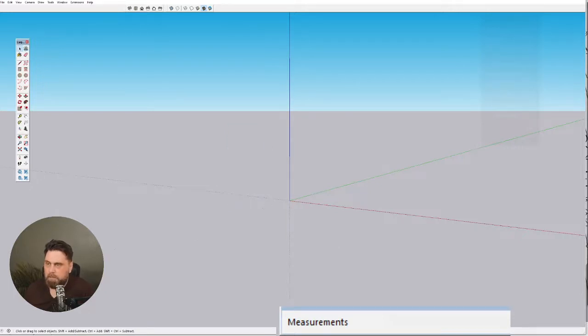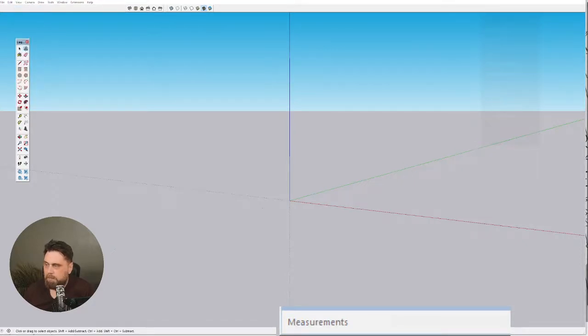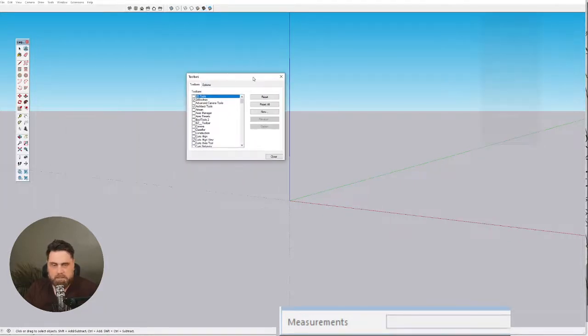Okay. And now we're going to go to View, Toolbars. And you're going to see a lot of toolbars in my SketchUp that you won't have because this is the version of SketchUp that I use professionally every day in my business. So I use a lot of plugins. I don't want to have them all visible on the screen, so I have a lot of them turned off. But we're going to go down